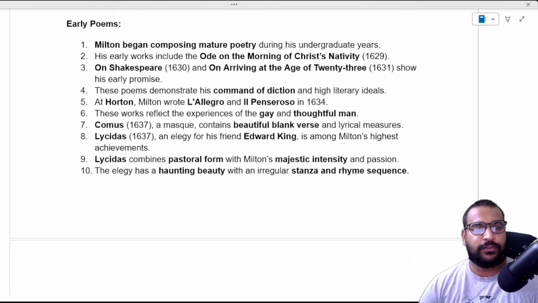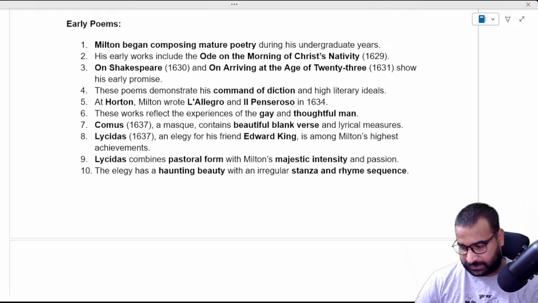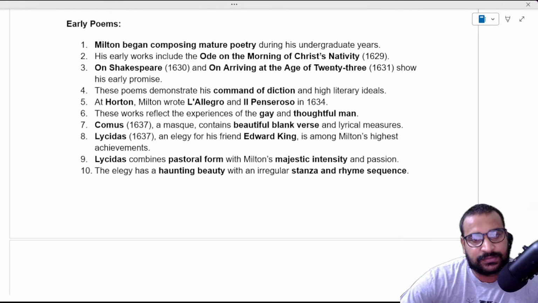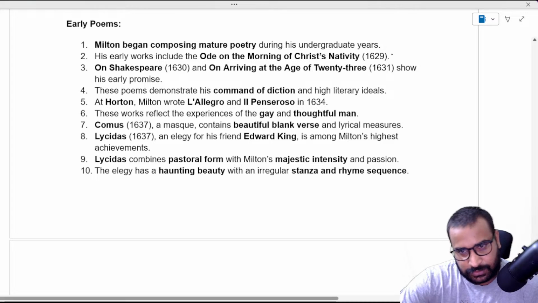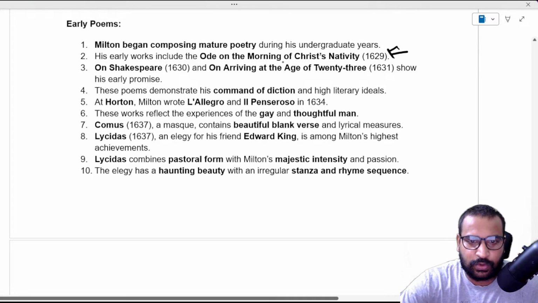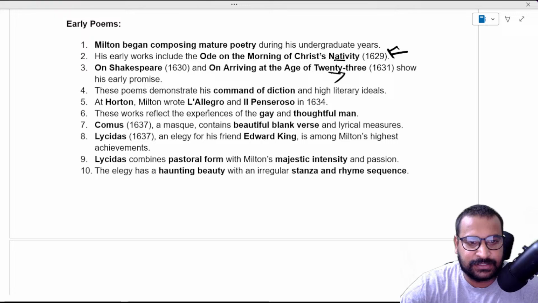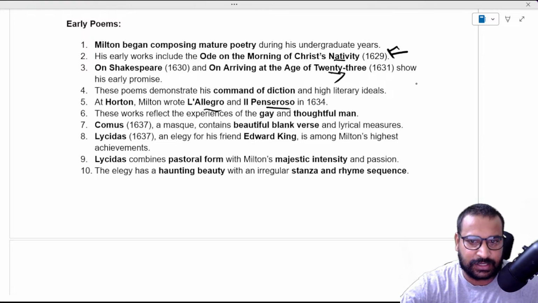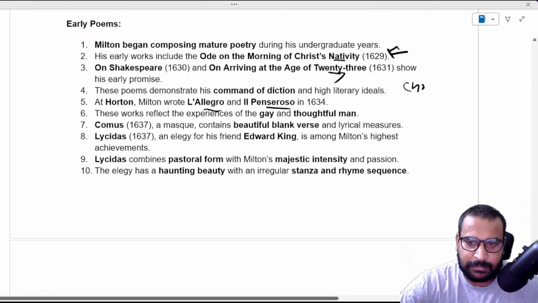Now we can just move to the early poems of Milton. Before, like 7-8 years ago, they used to ask this question most of the time. Ode on the Morning of Christ's Nativity. Very important. And On Arriving at the Age of 23, right? And then at Horton, he wrote L'Allegro, Il Penseroso. So that is all about his early poems. For that we have the code, Christ. Remember that, Christ,